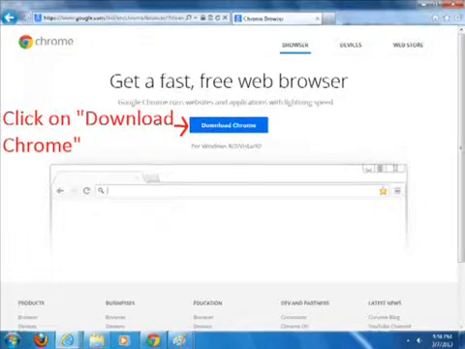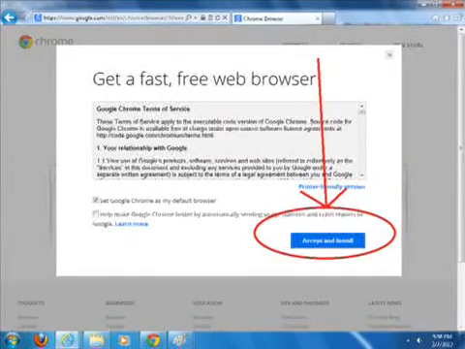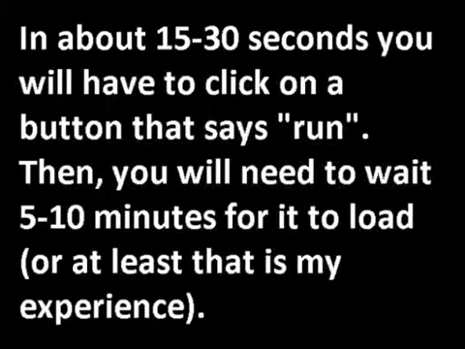Then after waiting a few more seconds, this page is going to come up. You click on Accept and Install. And then the next page I didn't manage to get a copy of, but in about 15 to 30 seconds after you click on the previous page, which says Accept and Install,